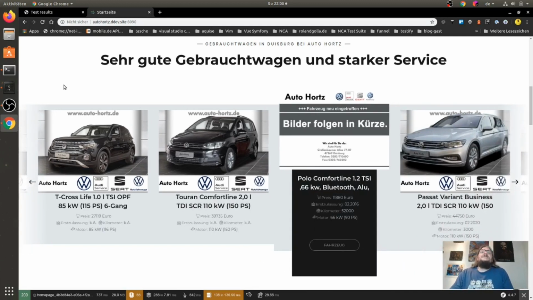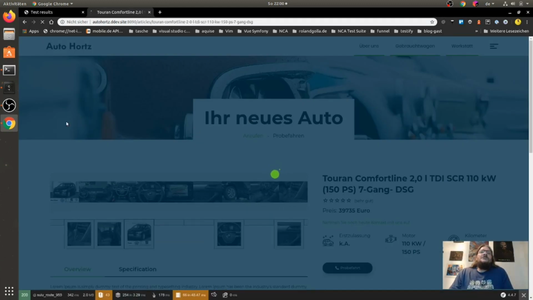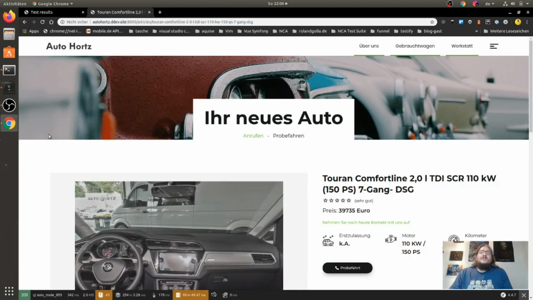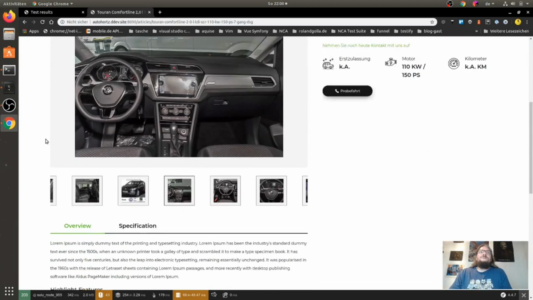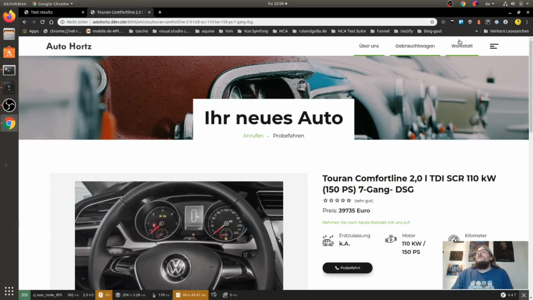The next is the detail page. The detail page is actually not ready and finished, but we can test a few things. And the third page, which is important for me, is the article overview.